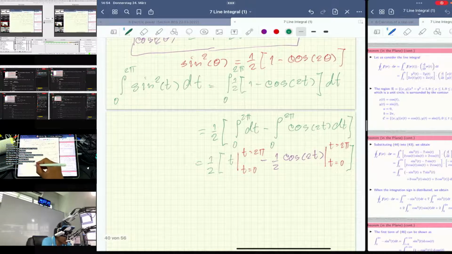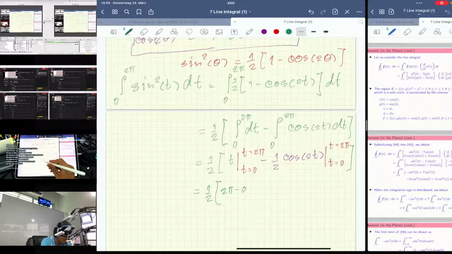Here you get 1 by 2 and 2 pi minus 0 and negative 1 by 2. Again, cosine